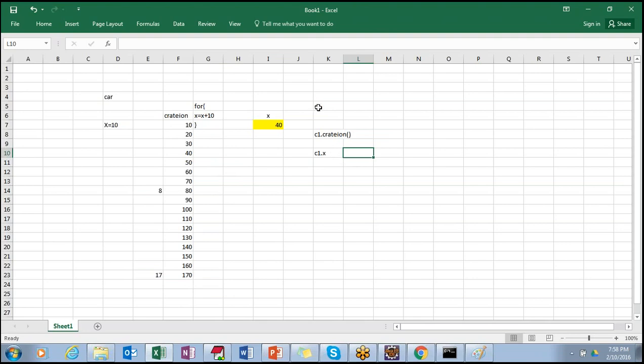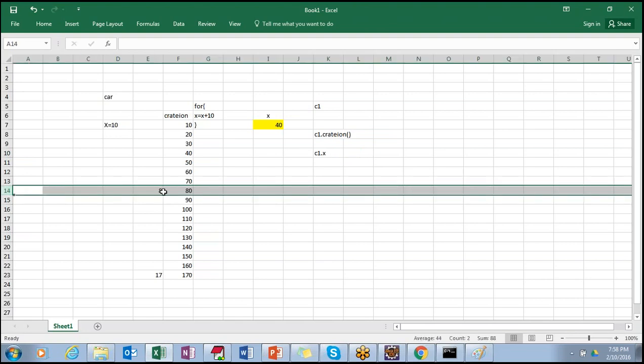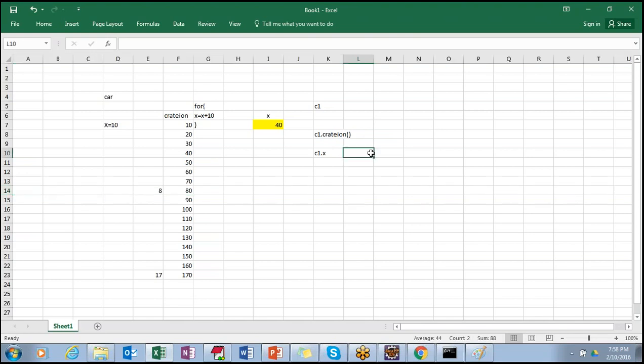If I call object c1.x when the code is executing at line number 14, meaning at the 8th iteration of the loop, what value do I get? 80. Yes. If I call at line number 16, meaning iteration 10, what value do I get? 100. Okay, you understood this, right?